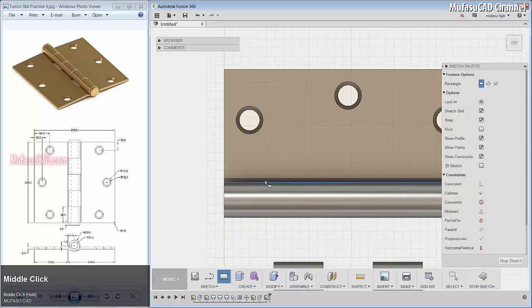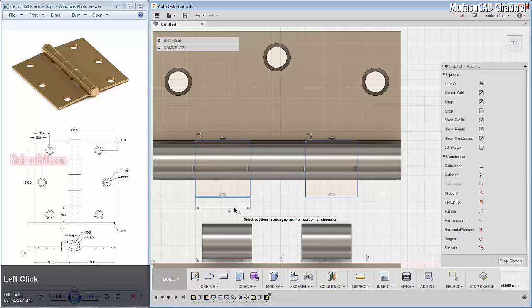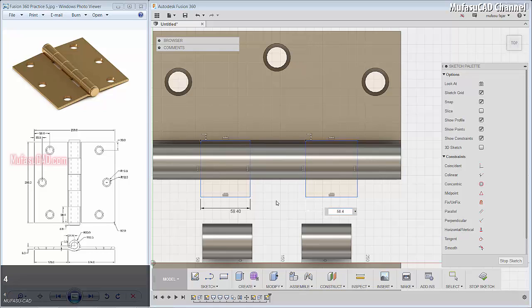I will create a rectangle from here to here and then from here to here. We give a dimension for this rectangle about 58.4. Enter, and then a dimension for this rectangle about 58.4.